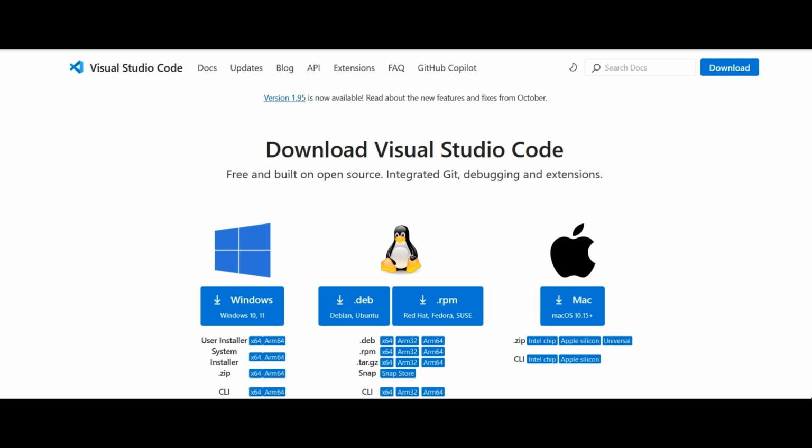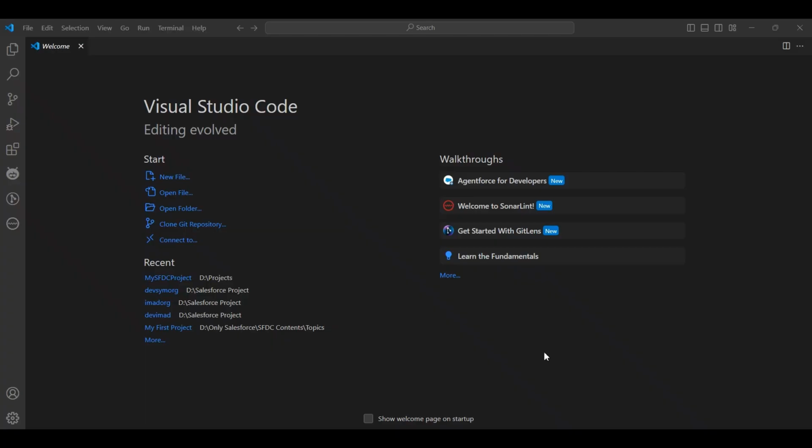I hope you have installed both Salesforce CLI and Visual Studio Code Editor, and you have installed the extension also. Now inside Visual Studio Code, we will be creating a new project, and